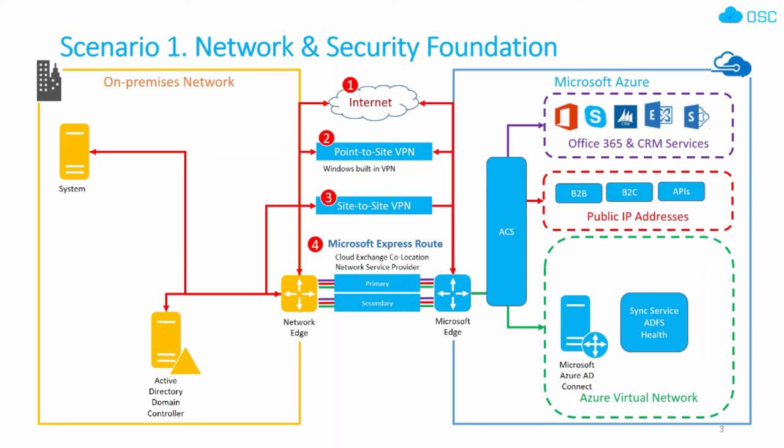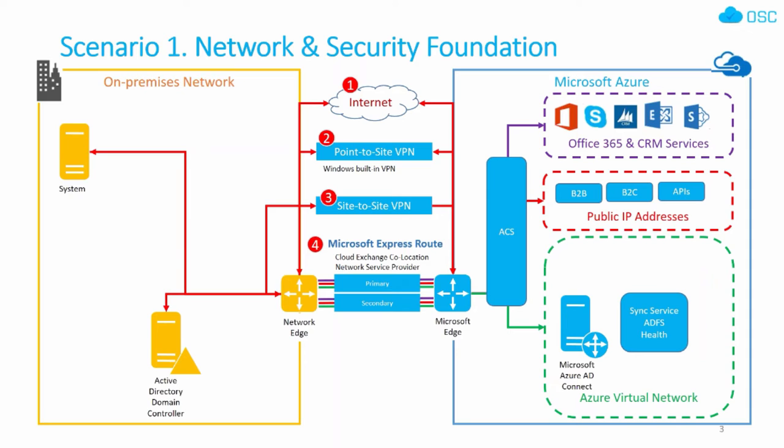So on the diagram, I want to put this in a very simplified way and show you the options you could have. The first one, internet. For internet access, basically from anywhere, from your on-premises network or from your home or a remote office, you could access a portal or publicly accessible resources. That's a given. And then you talk about data center to data center integration